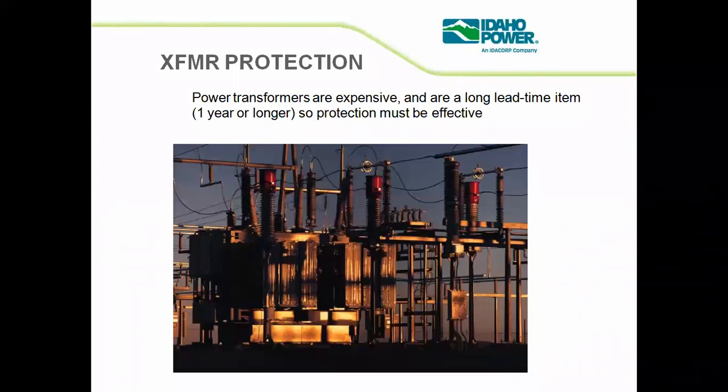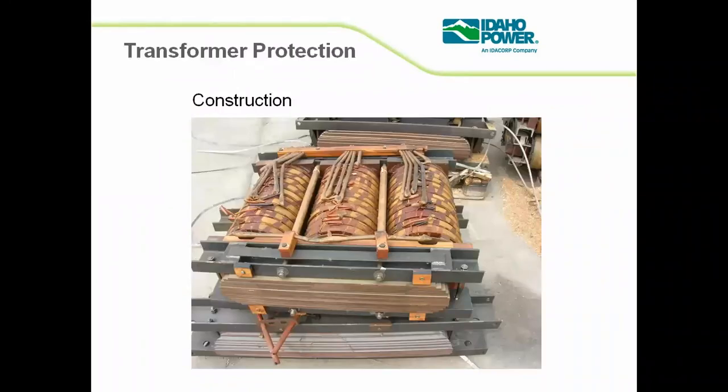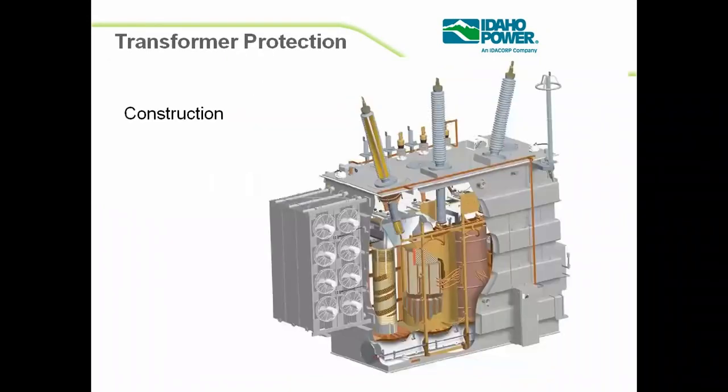For that we require certain protection schemes. Like you can see, this is the construction part of the transformer. You all discussed it in the machines part as well as in the design part. In a transformer we have a core, and this core is basically made up of laminated steel. In between we have a primary winding and a secondary winding. So this is the construction part. This is the pictorial representation of one of the transformers that we can use in our generating station, grid station, or a substation.